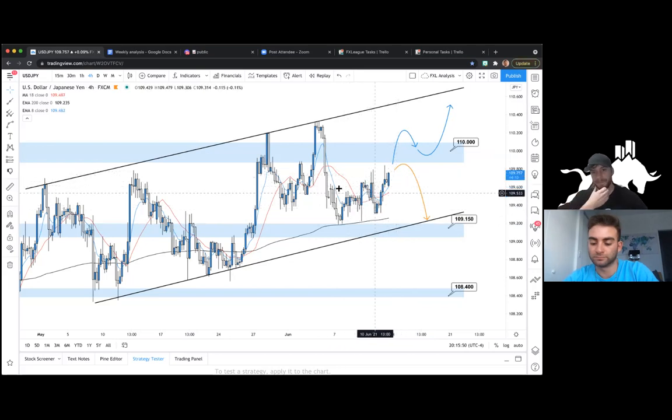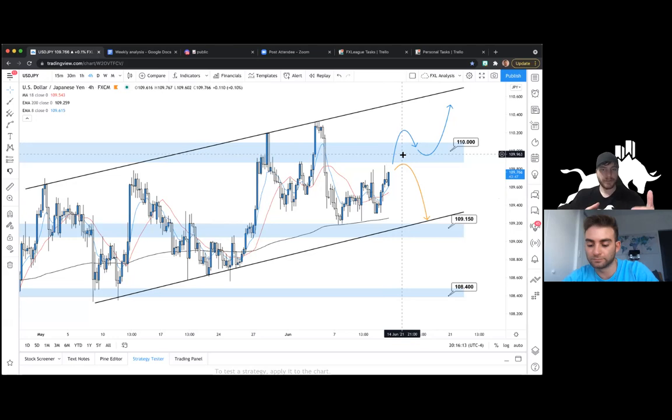So all in all, pretty good analysis from last week, but now you kind of missed your opportunity for an entry if you're not in, but it is approaching key resistance. So there's not much we could do at this point. We're more so going to address how it's going to react at the 110 level, this huge resistance level up here, right? So this would be the best area to find a trade, because we're ideally looking for